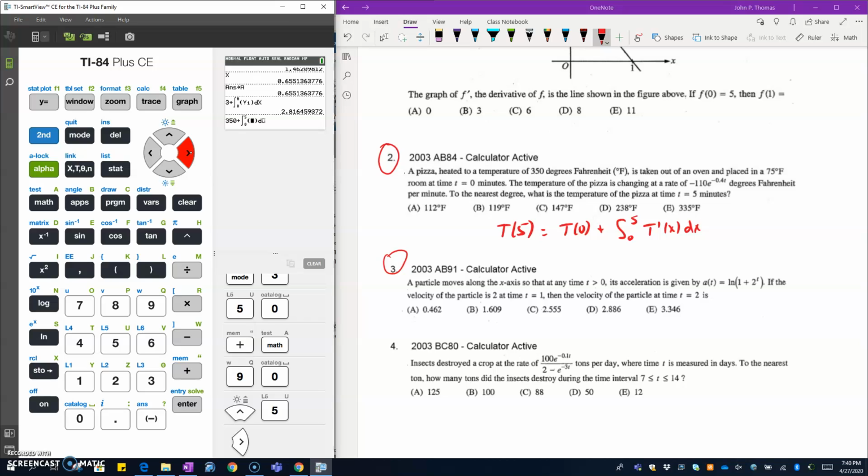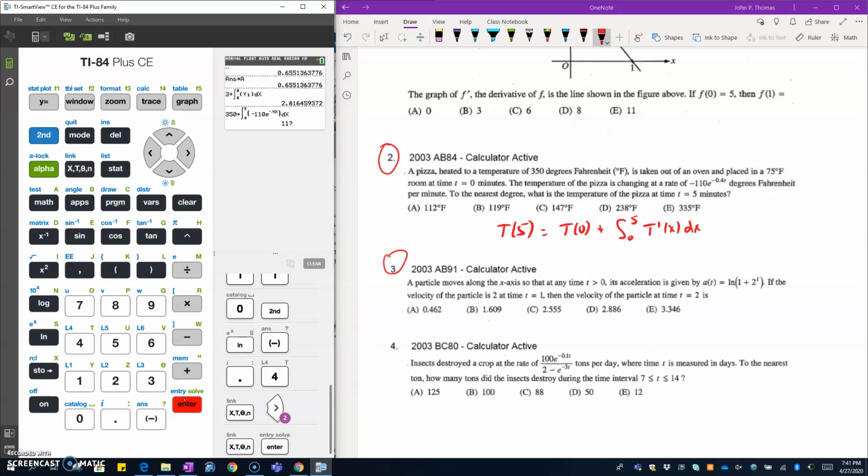The function we're going to type in is the rate function that was given, so negative 110 e to the negative 0.4t. And then at the end, we're going to type in the variable, so we define what variable we're taking the integral in terms of. So at this point I've got the 350, the initial, plus the accumulation of change from time 0 to 5. I hit enter, and we get